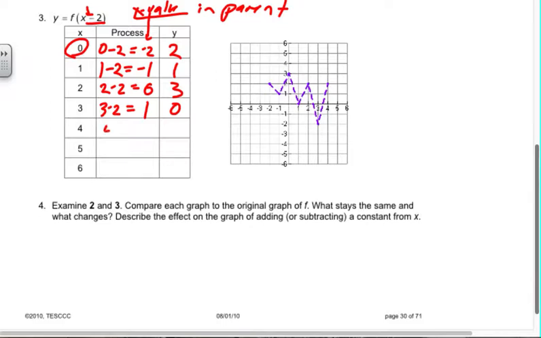4 minus 2, which is 2. And that gave me a 2. 5 minus 2 is 3. Gives me a -2. And 6 minus 2 is 4. And that corresponds to a function value of 2. So now we come back up